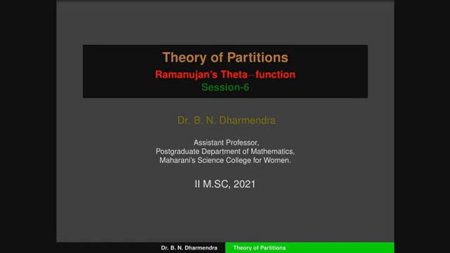The first one: we know that the theta function can be defined in terms of a series, that is f(a, b) is equal to the summation n from minus infinity to plus infinity of a to the power n(n+1)/2 into b to the power n(n-1)/2. Therefore, we take the first result. Show that f(xy, x/y) is equal to the summation n from minus infinity to plus infinity of x to the power n squared into y to the power n. We call this equation 1.